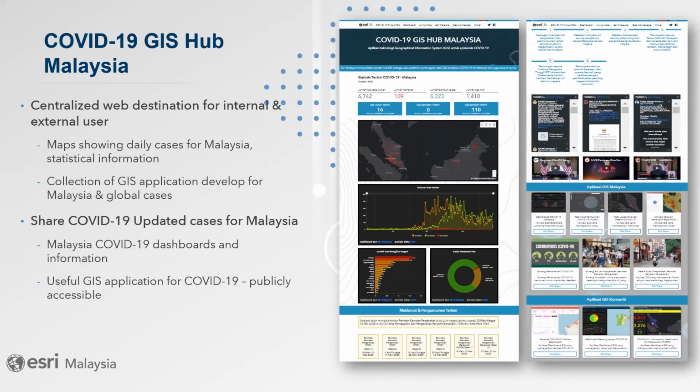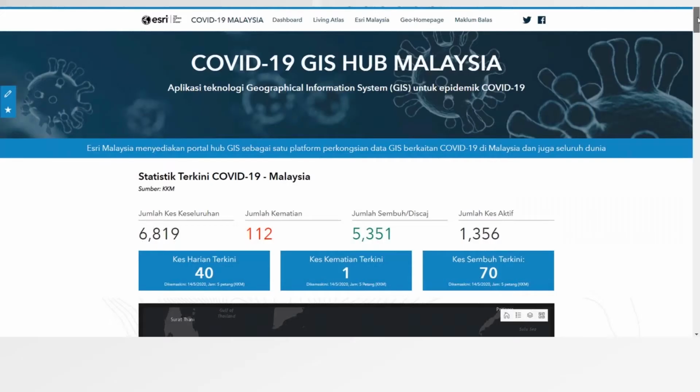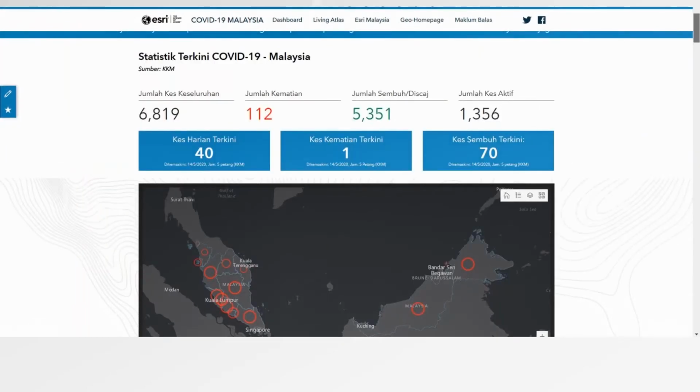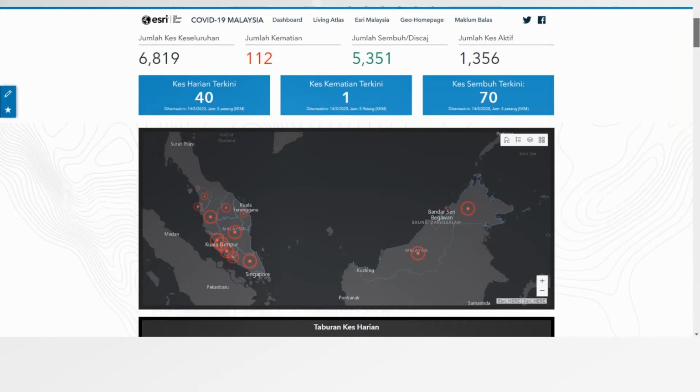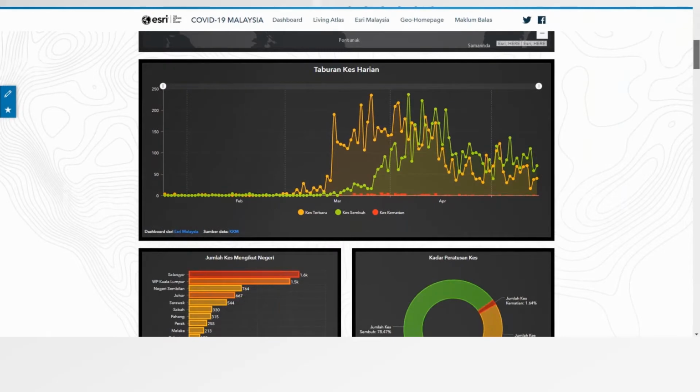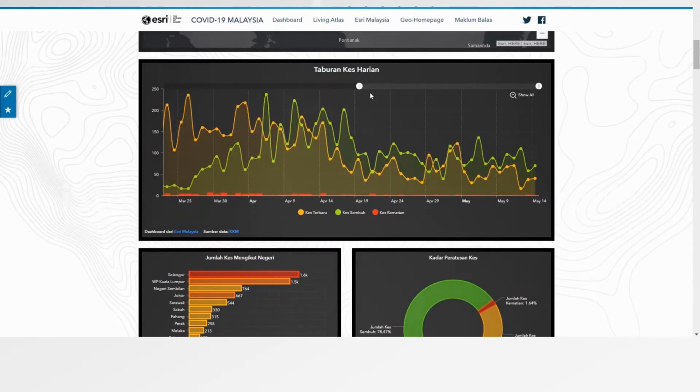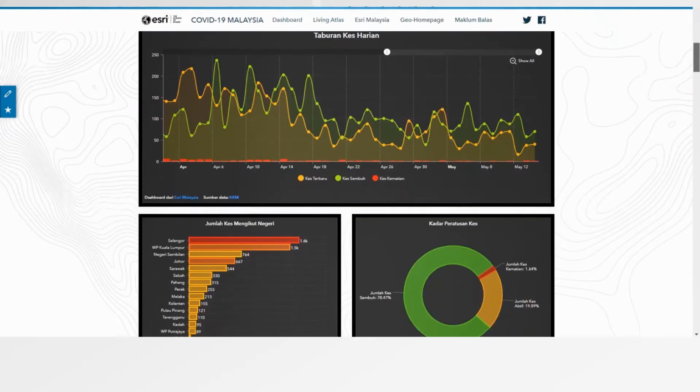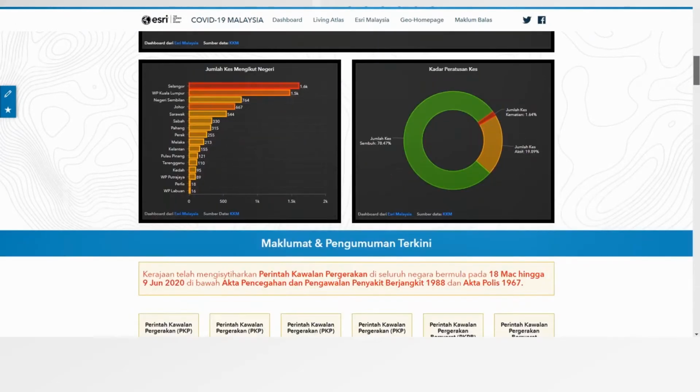Later on, I will show a glance through how the COVID-19 GIS Hub Malaysia looks like, which you can also access on your device. At the top of the hub, you can see the daily cases reported in Malaysia, the spatial location, the COVID-19 graph to monitor how and when it can be flattened, the graph to show the cases of each state,